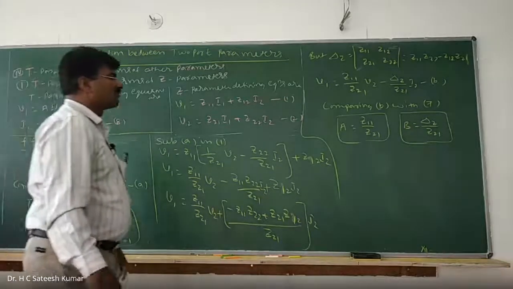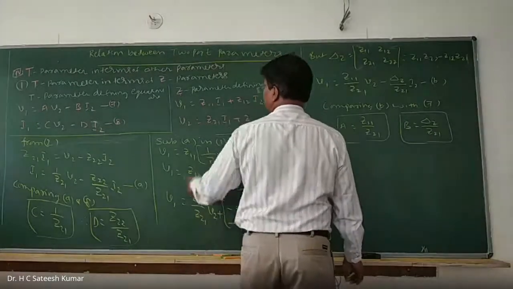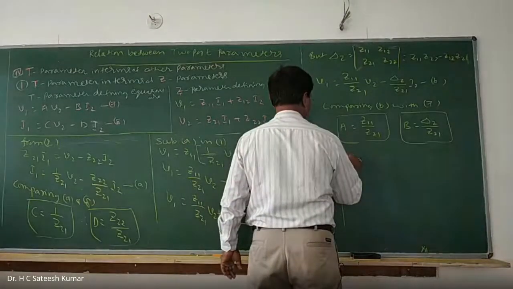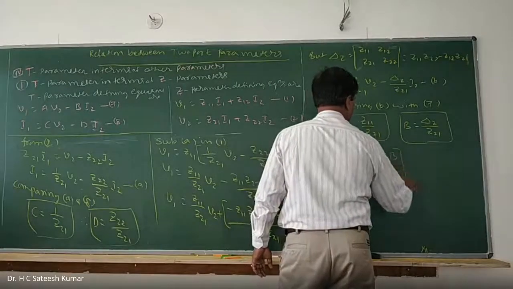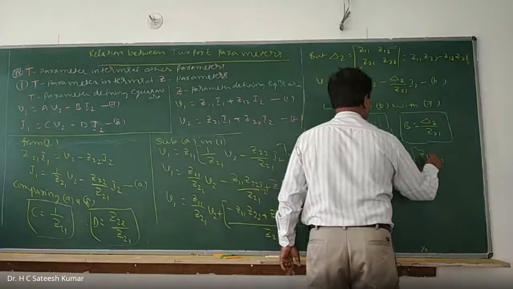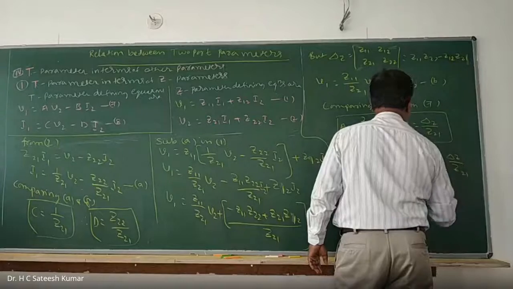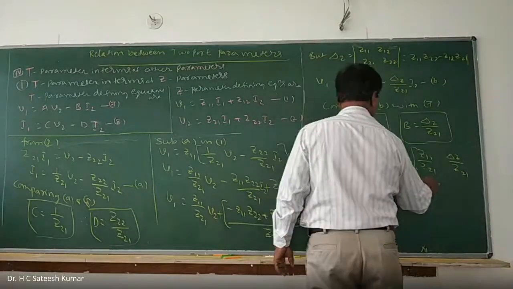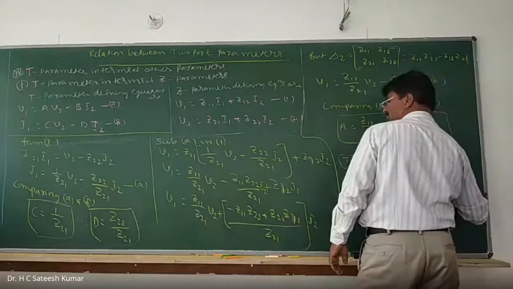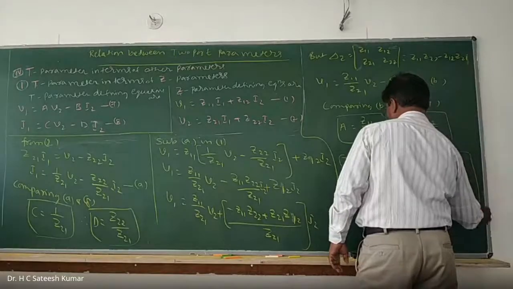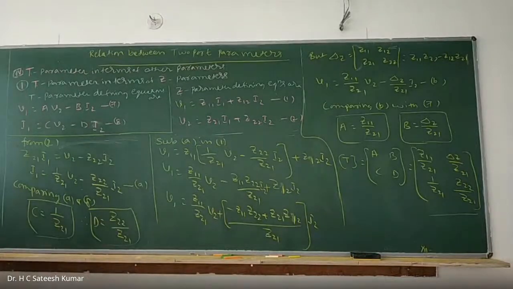Okay, so therefore what can you write? What we are doing is T parameter in terms of Z parameter. Therefore the T parameter matrix format is A B C D, where A is Z11 divided by Z21, B is delta Z divided by Z21, C is 1 by Z21, and D is Z22 divided by Z21. So that's how we are representing T in terms of Z parameters. Now let us move on to the next one.